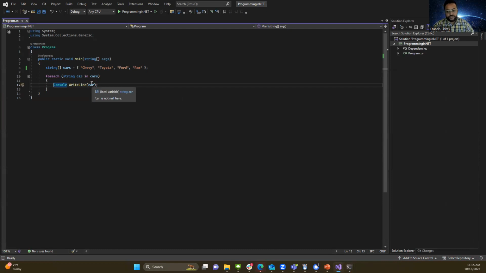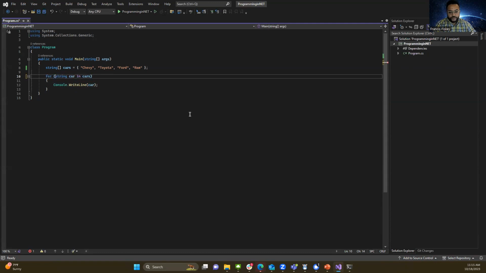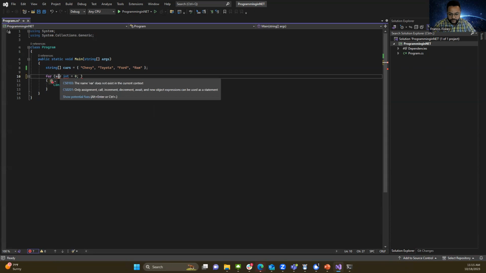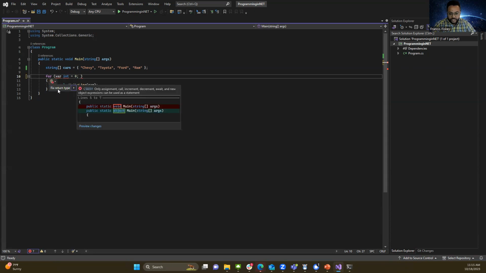If I wanted to determine what's going on, or I wanted more control, I would actually use a for loop to do this. So in this case, I would say for, and instead of saying string car in cars, I would say var i equals 0. In C#, we can use the var